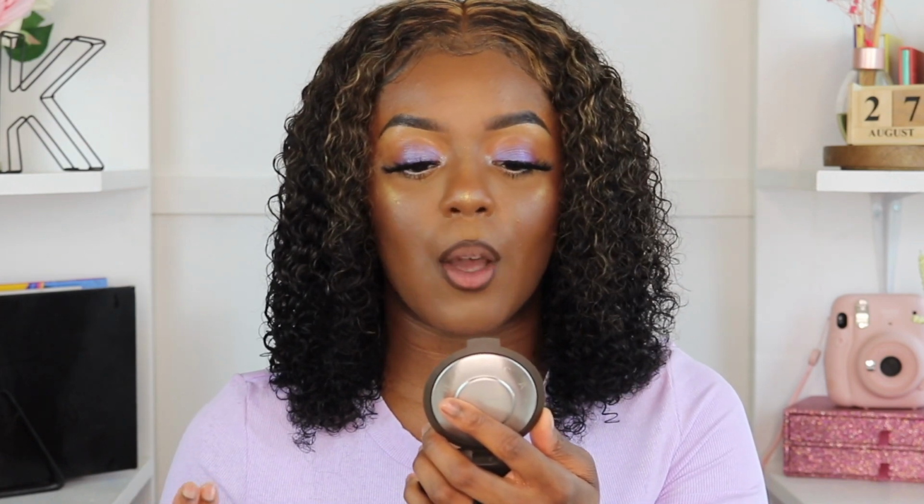Okay, so my lips look a little something like this. The next step is to blend my lips together. Now, if you want to, you can use a brush or your finger, but I just use my lips and smush them together, and blend them out until they look as blended as I need them to be. So this is what I mean when I say smush. So I go like,